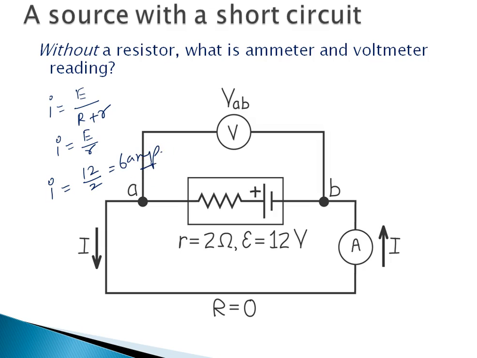Okay. Now I want the voltmeter reading. What will my voltmeter read? Again I will tell you in the shortcut. If I write A dash B dash, we all know very well VAB equals VA dash B dash, and that is IR. What is I? That is 6 ampere. What is resistance? 0. So I think all of you are intelligent, this voltmeter will read 0 volt. Let me show you.